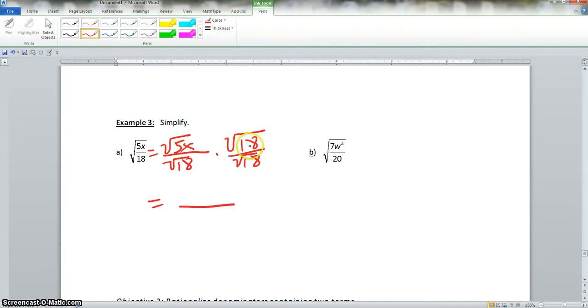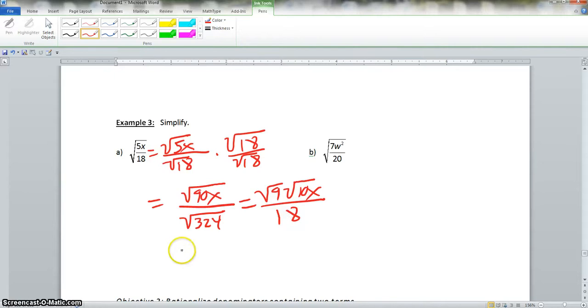Now the square root of 5x times the square root of 18 will give us the square root of 90x. And the square root of 18 times the square root of 18 is the square root of 324. Now the highest perfect square in 90 we know is 9 from a previous problem. So this would be the square root of 9 times the square root of 10x all over the square root of 324 is 18. So now the square root of 9 is 3 times the square root of 10x all